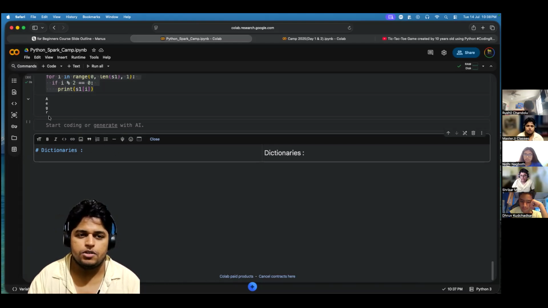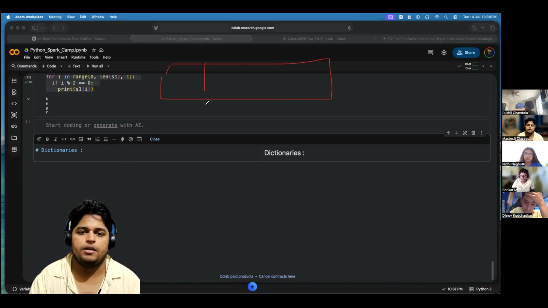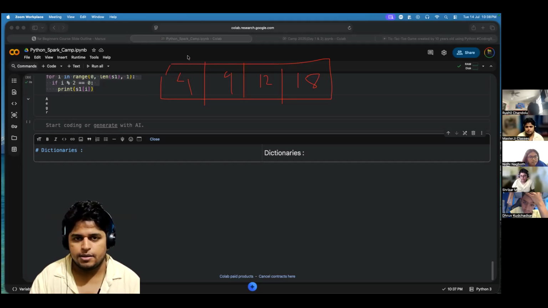So just to give you a good background about it. In a list, what happens? Let's say this is a list: 4, 9, 20, 12, 18. It's helpful, but it can also be a problem, that indexes are predefined. You can't make any changes to them when you add a new number,